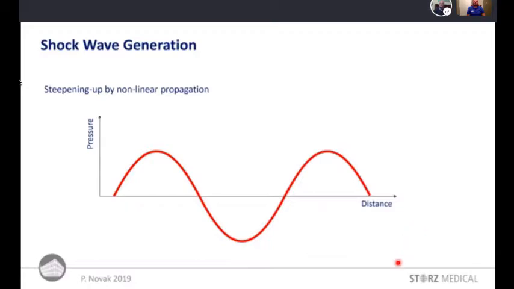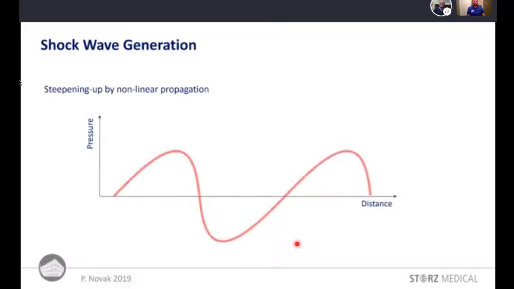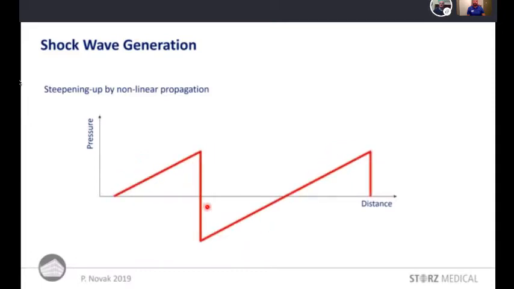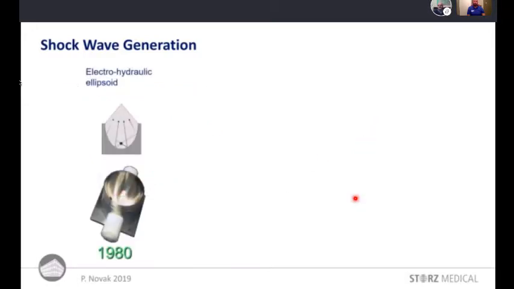And it happens because when a pressure wave is propagating through water, which has a special anomaly, that the positive part of the wave is propagating faster than the negative one, a steepening effect takes place. And you can see here how the wave is sharpening and becomes a shock wave after some distance propagating through water. In addition to this effect, these waves are also focused, further increasing the amplitude of these shock waves.